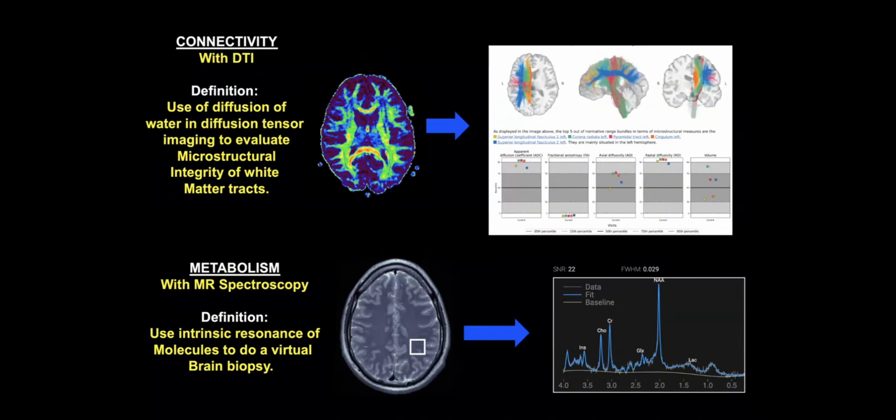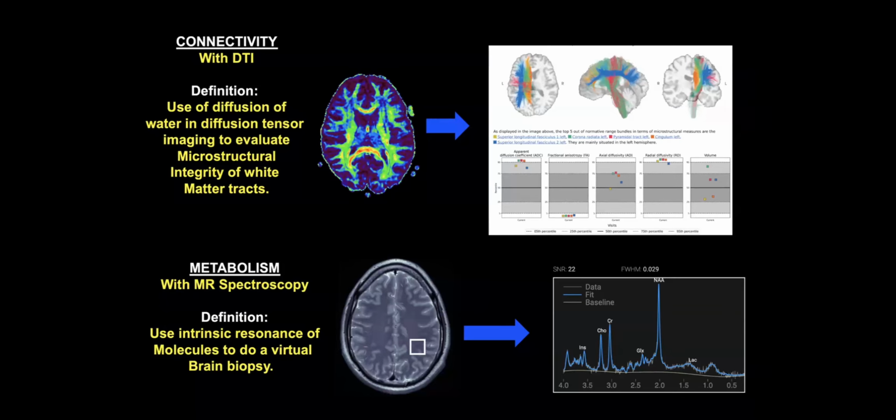We can also, in some cases, even look at metabolism with neurochemistry with MR spectroscopy. MR spectroscopy looks at the unique resonance frequency of different metabolic building blocks in the brain, such as N-acetylcysteine, choline, glutamate, and glutamine, and they resonate differently, sort of like the way different musical instruments have different harmonic resonances. And you can use that information to measure how much of these actual metabolites exist. And so you can take regions of interest and measure these.